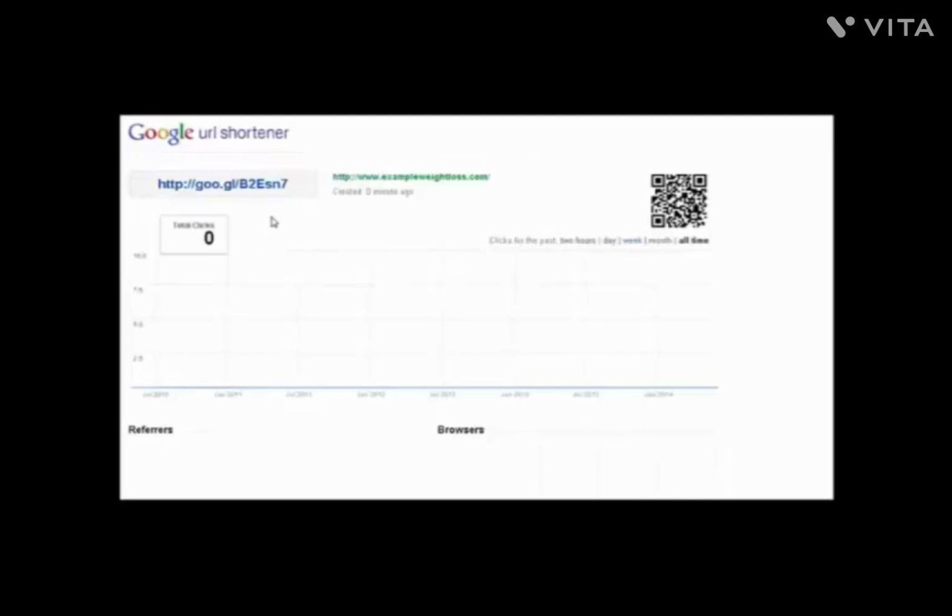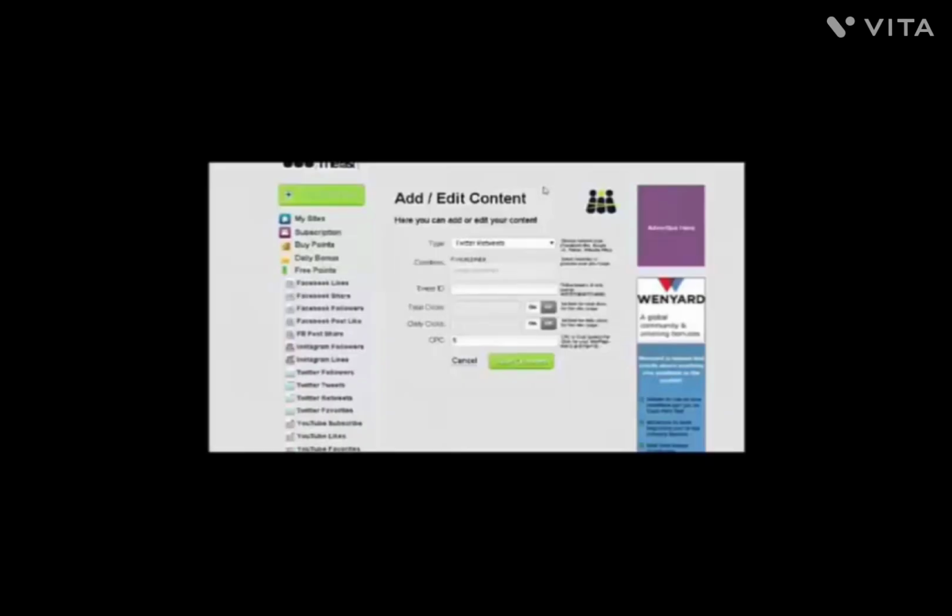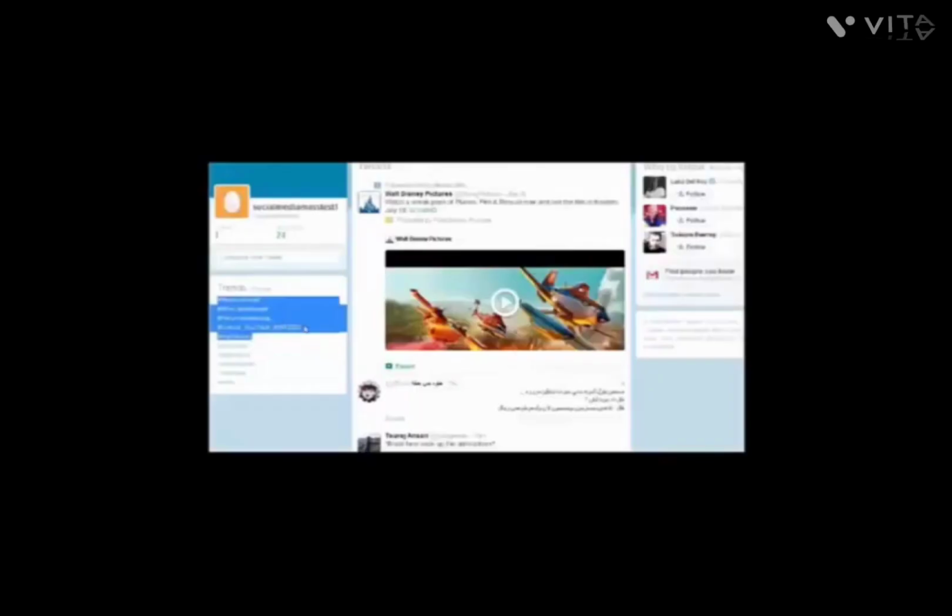So we're going to go ahead and head back over to Add Me Fast and set up our approach. Okay, so before we can enter our retweet ID and set all of this up for the untargeted approach, we need to head back to Twitter really quick. So we're going to go to Twitter and we're going to see these over here. These are the trends. These are the most popular things on Twitter right now. So if you copy these trends and we put them in a tweet,